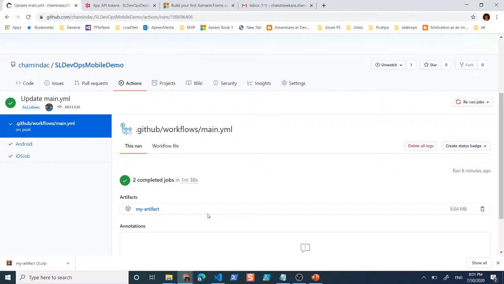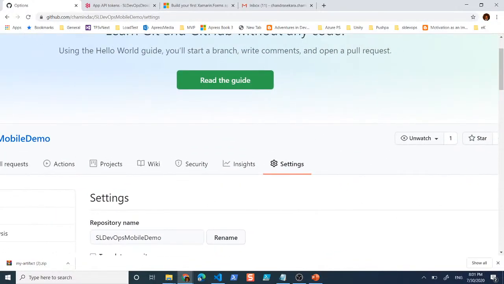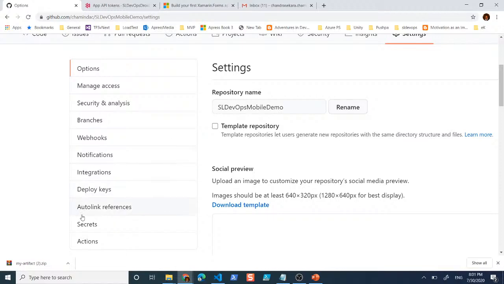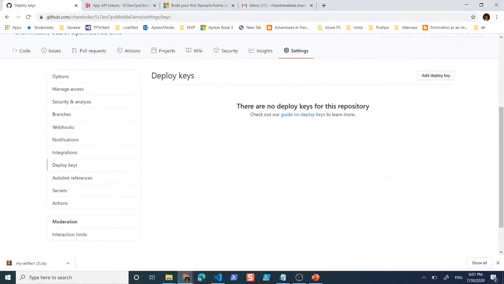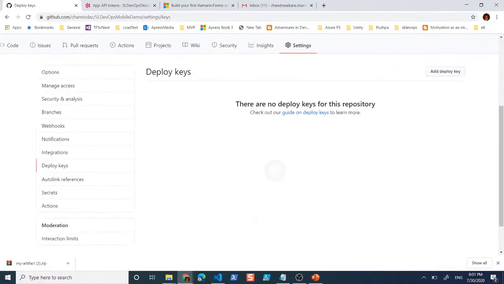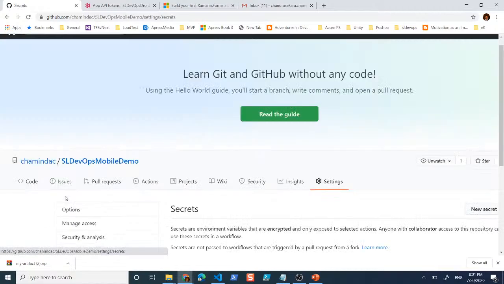Now putting the secret in the YAML as code is not that good. It's better if you put those secrets as secrets. To facilitate that, GitHub has a separate location to keep the secrets. You can go to the settings in GitHub, and in the settings section you will find something called secrets, and there's something called deploy keys as well. You can put your variables here as deploy keys, but the secrets will be secrets, which will be